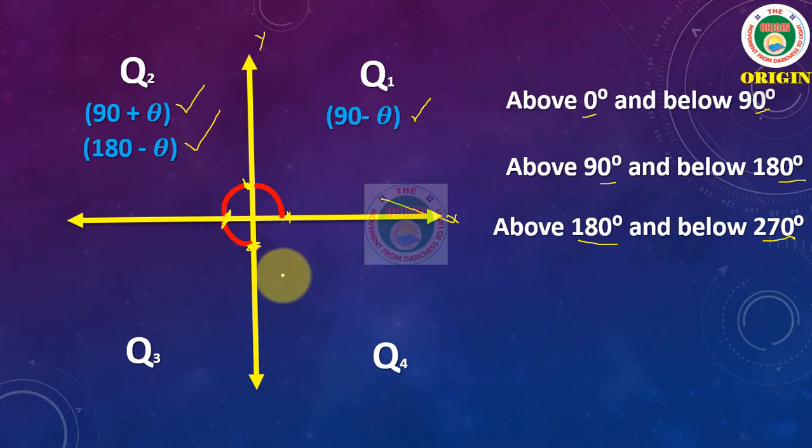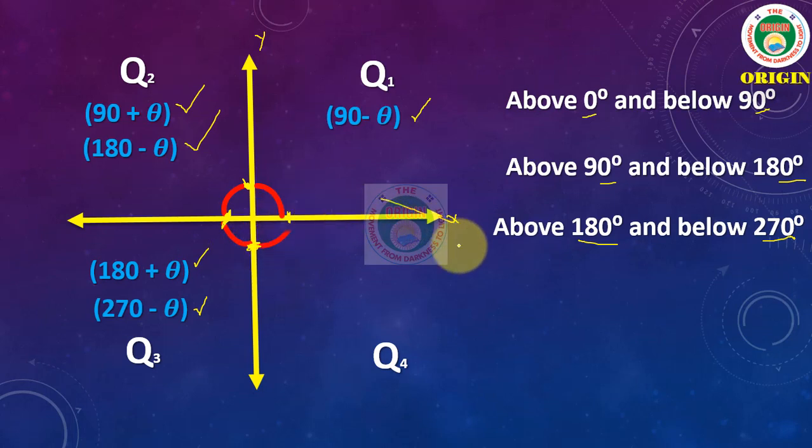So now the angles here are 180 plus. Above is plus, below is minus. Remember that point: 180 plus theta and 270 minus theta. So in this quadrant these angles are existing. Now the person is here. He moved and wants to reach the destination up to here, and again he returns to the same position